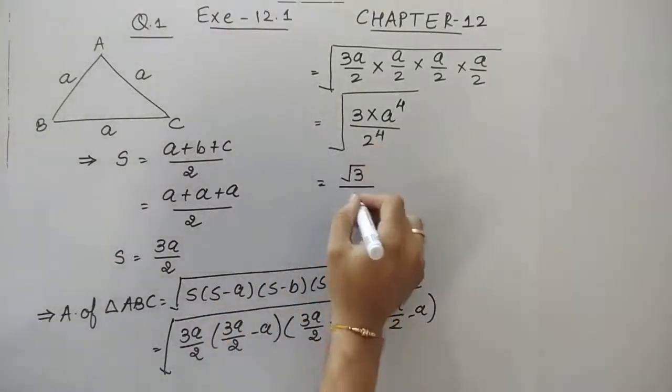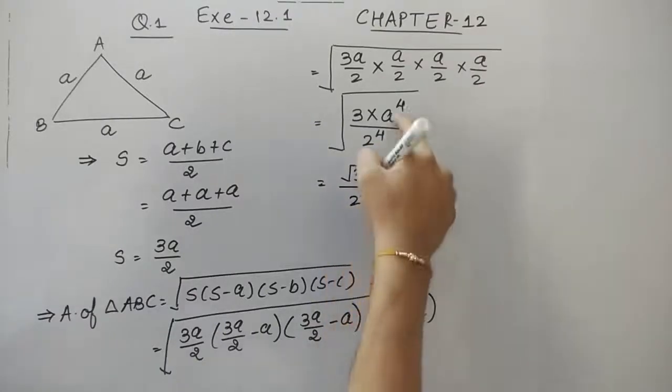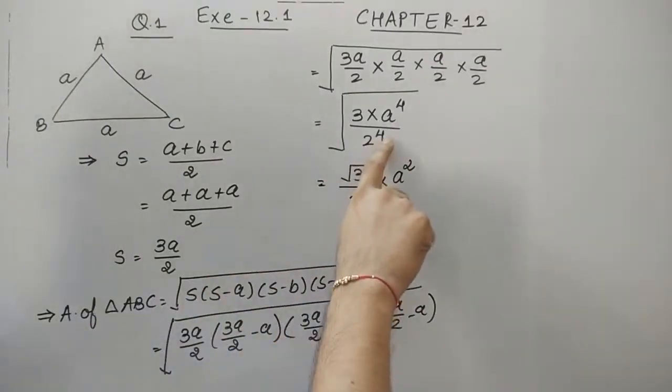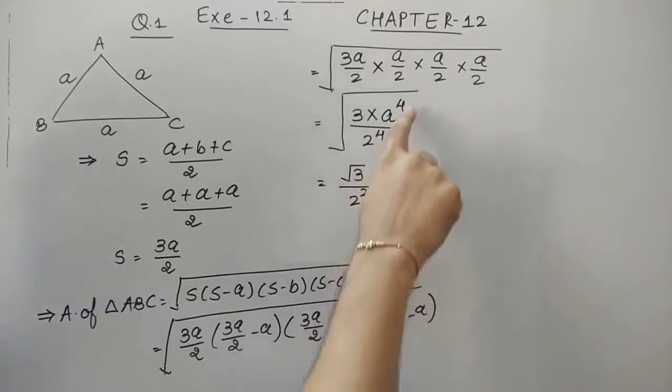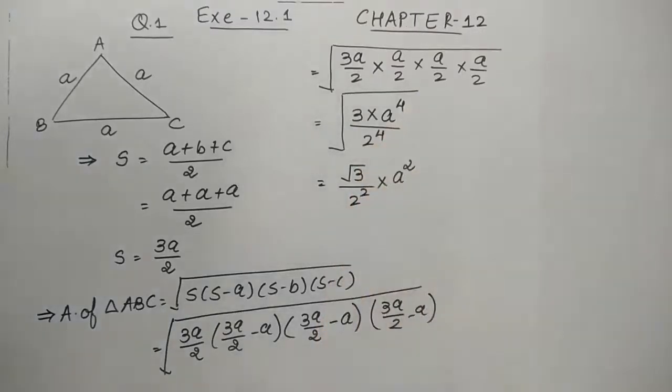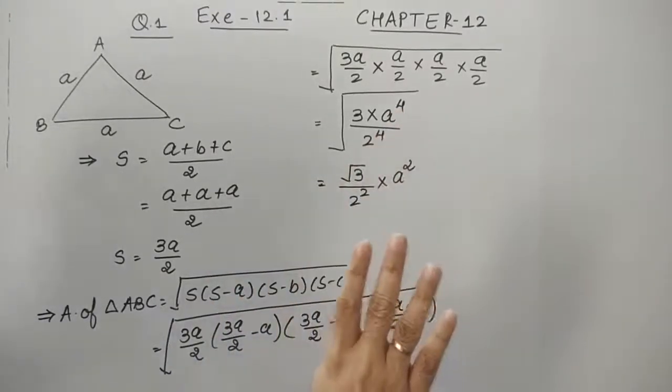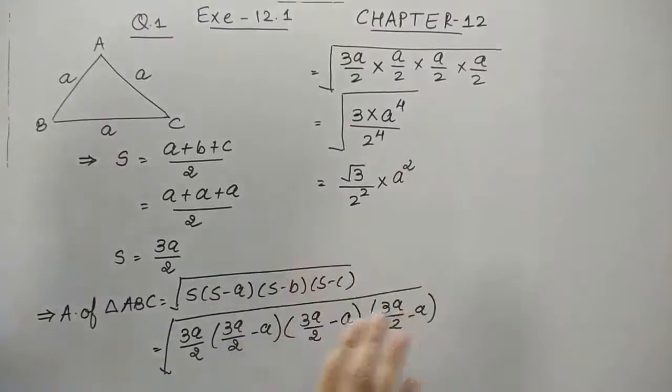इसका स्क्वायर रूट करेंगे तो आएगा 2 square into the square root of this is a square. How I have done the square root? I have halved the power. मैंने पावर का आधा कर दिया. That is, 4 becomes 2 and 4 becomes 2. Remember students, whenever you have to do the square root, look at the power. If the power is an even number, then we can do half of it. अगर पावर ऑड होता तो that we will do in the next questions. हम आगे के questions में ये पढ़ेंगे.